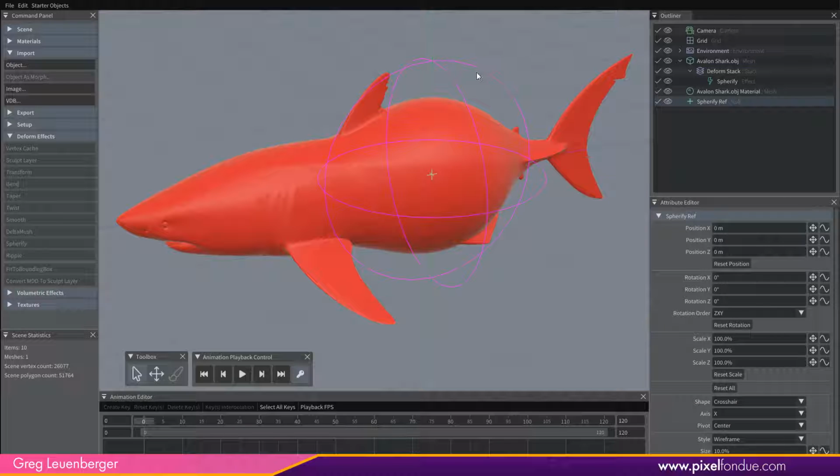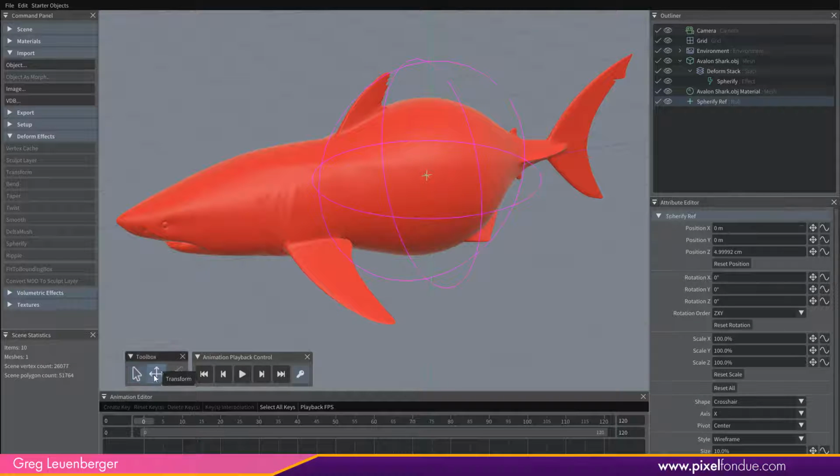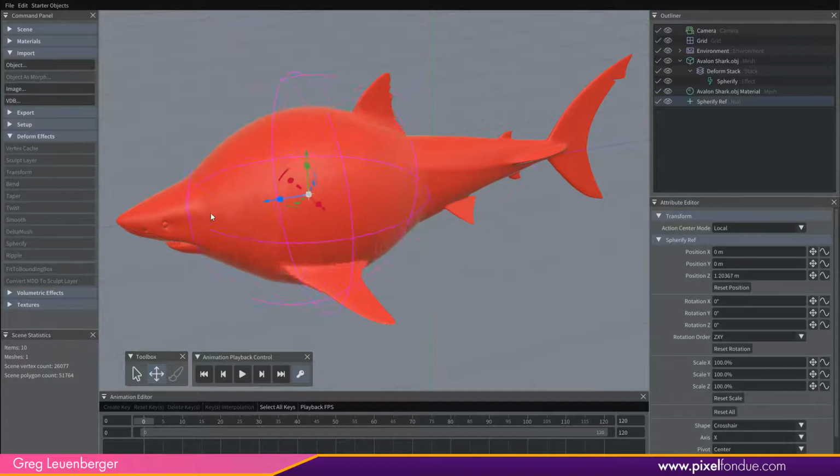So if I want to move this effect, let's say to the head or the tail, I move the spherify ref item, this null object here. With it selected, I can either just drag in the attribute editor here for the position, or if I click my transform tool instead of my selection tool, I'll get some handles here and I can move these around. And again, if you look at the position Z here, that channel value right here,